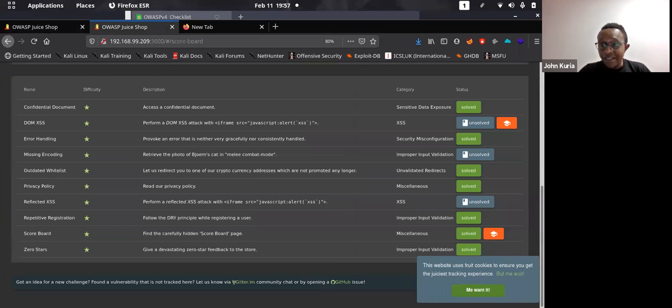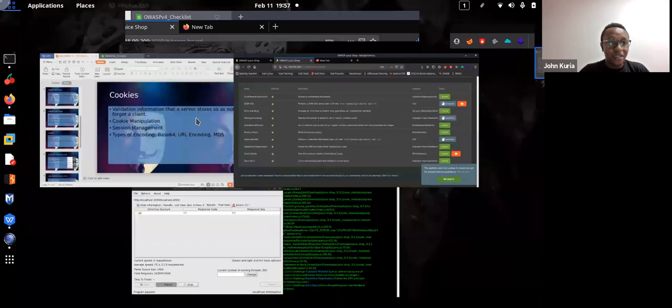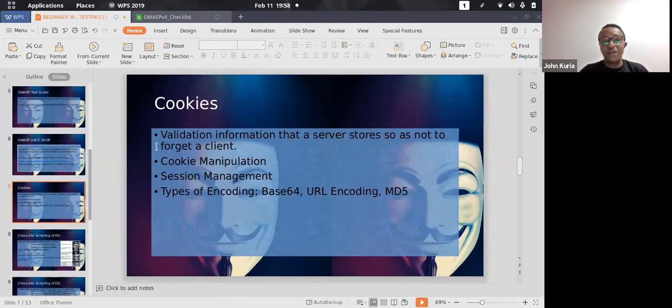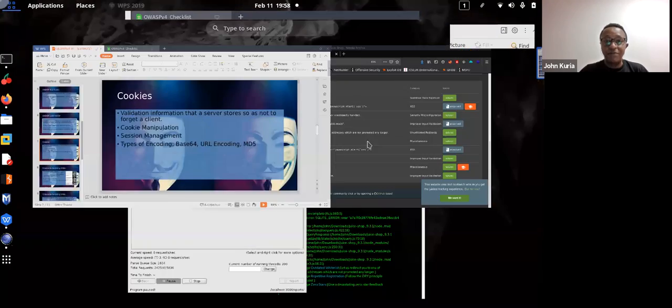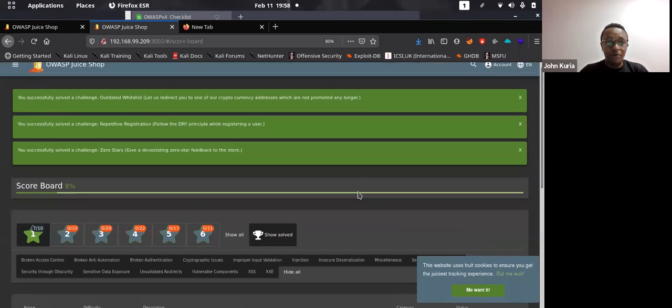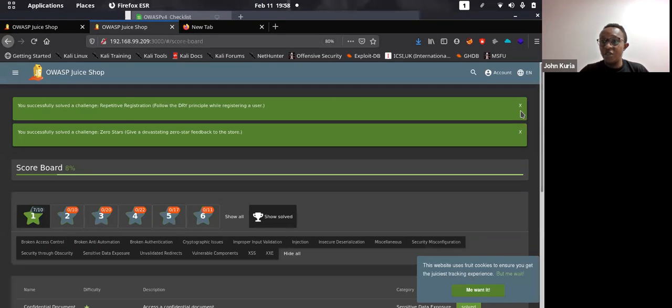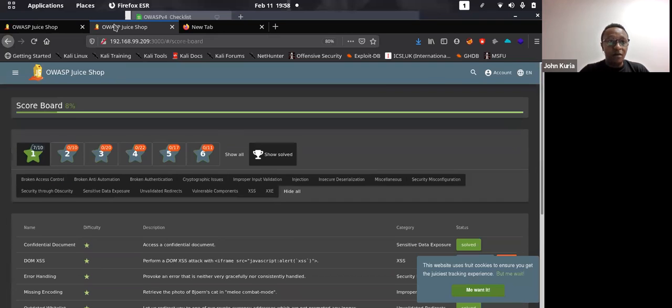So I really wanted to go into XSS. I don't have time, but I'll just skim through it. Okay, cookies. I want to talk about cookies. Cookies are another feature that's really important in web apps, because you can manipulate them. If you come here,